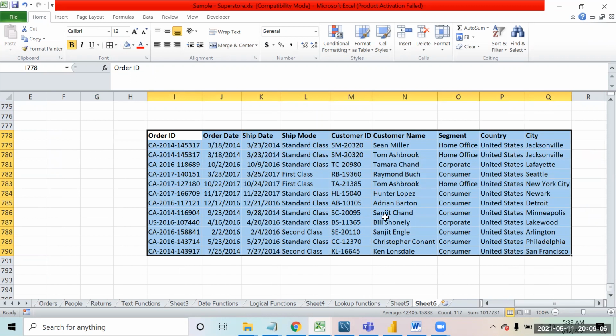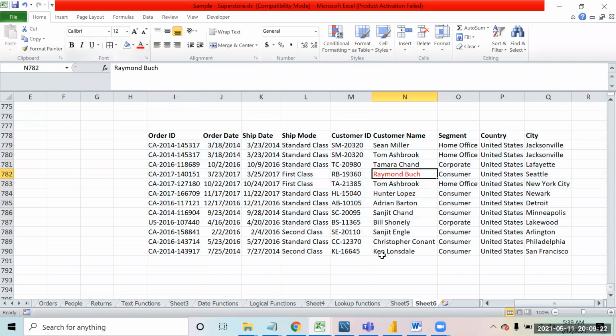In this complete matrix, you have to generate this in the output using the index function. How will you do it? You can take a look at this data only, and try to tell me: if I have to generate this in the output using the index formula, how will I do it? How will I get it?